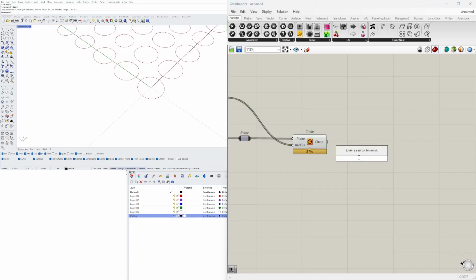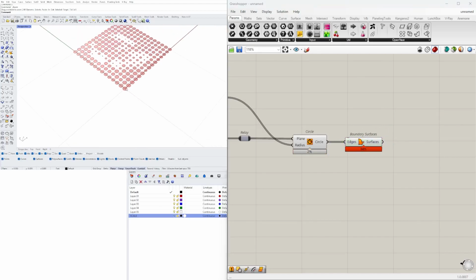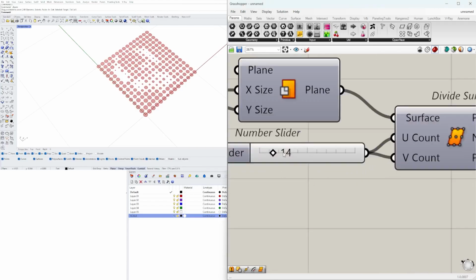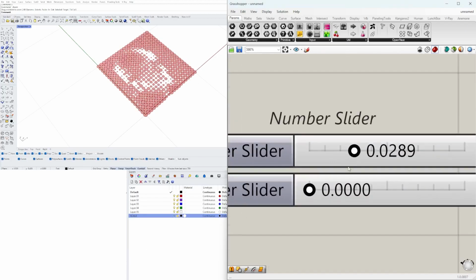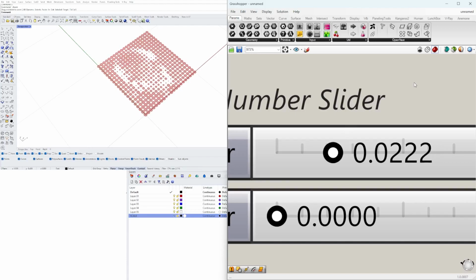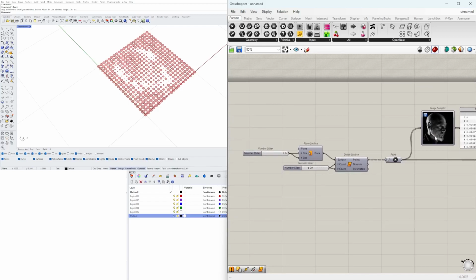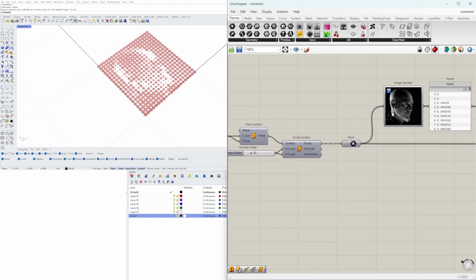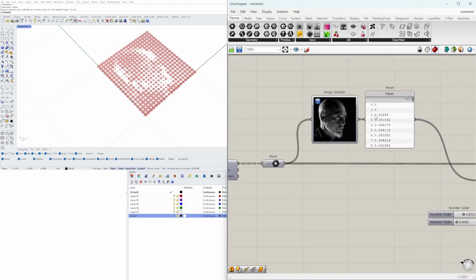I'll delete this and go here to Boundary Surfaces. Let's see if we can increase a little bit. We'll go here to 20. I think that's enough. And then here, go back to a lower number. So what's happening is it's taking this set of points, it's arraying them from 0 to 1, and where they land, it gives you a value, and